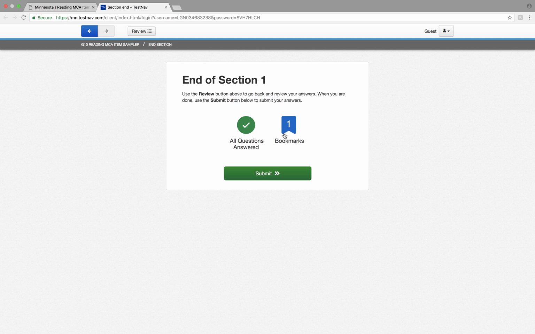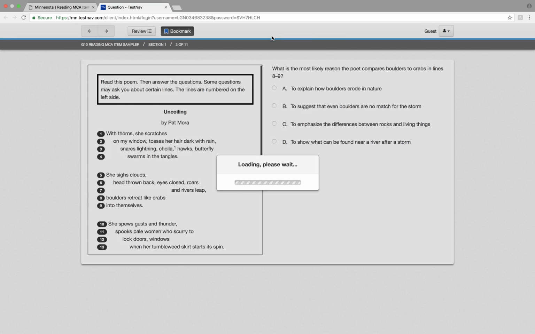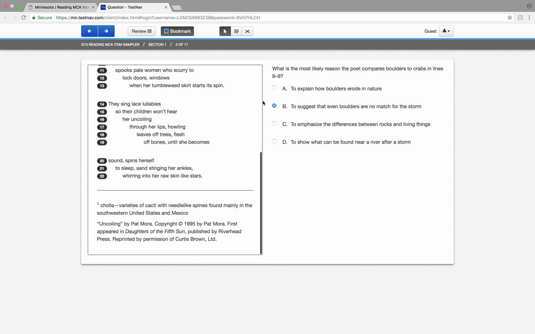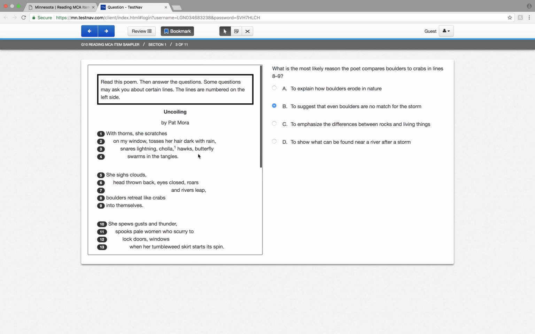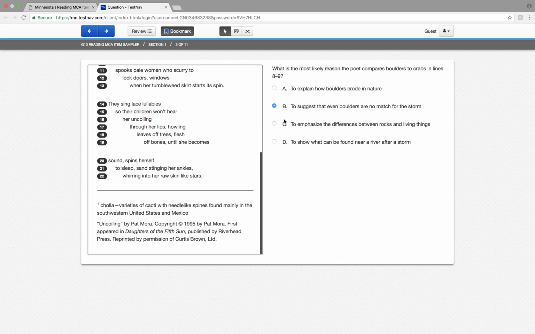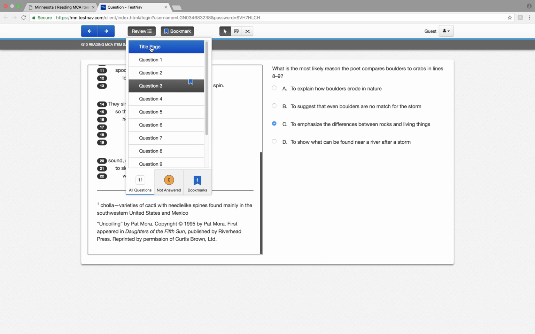But the bookmarks, I have one bookmark that I didn't go back to, and that was on question 3 where I put that bookmark. So I can go ahead and click on that, and I can go right back to question 3 and look at the question, read through whatever I need to look at, and change it if I'd like, or make it a different answer. Reviewing the questions, you can go ahead and look at every question that you answered, which ones were bookmarks,